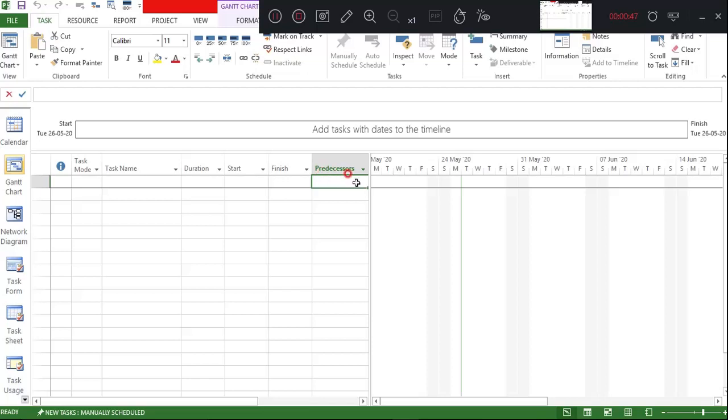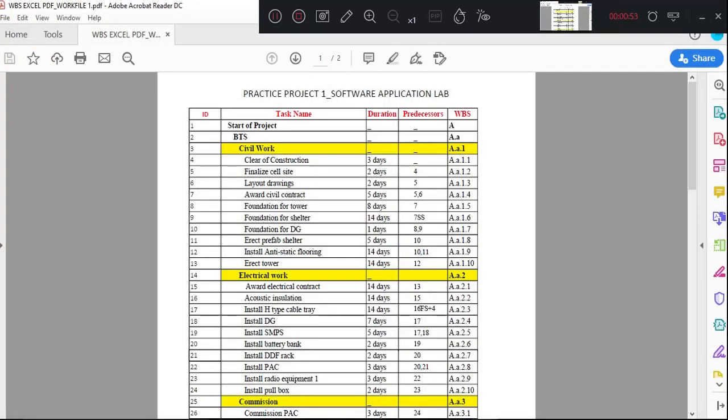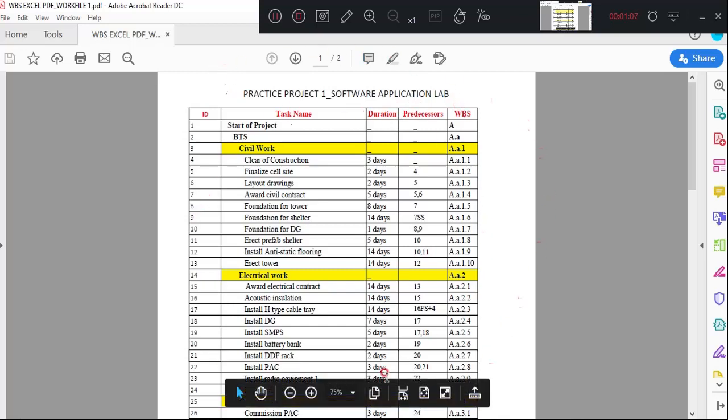To start this concept, I'll be considering a practical example which I'll also be giving you in the group. Here you are able to see activity ID, task name, duration, predecessors and WBS. This is the project we are going to create today in the lab. I have created this to easily understand.